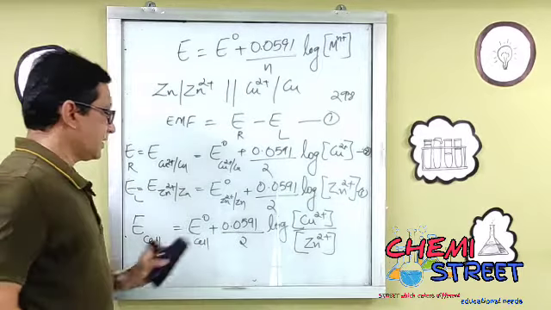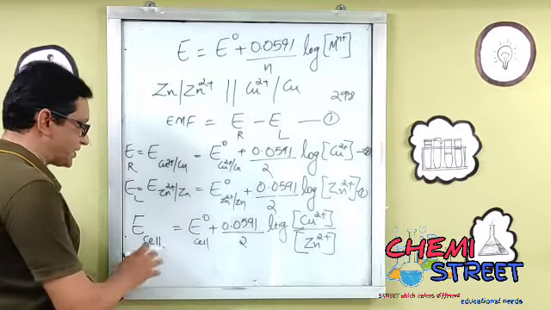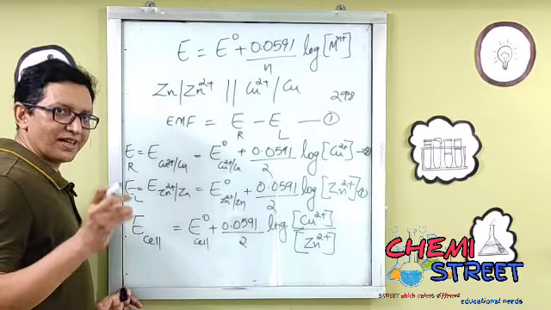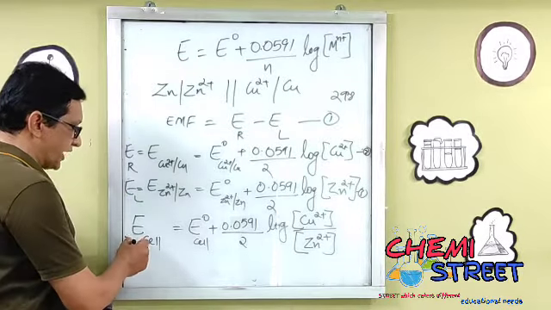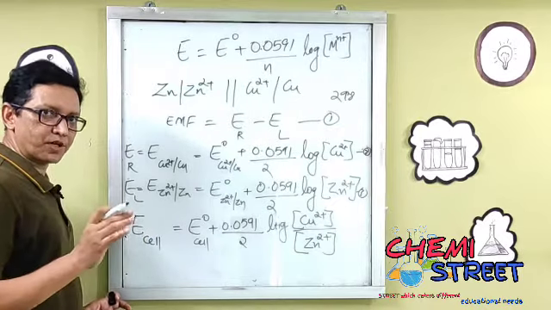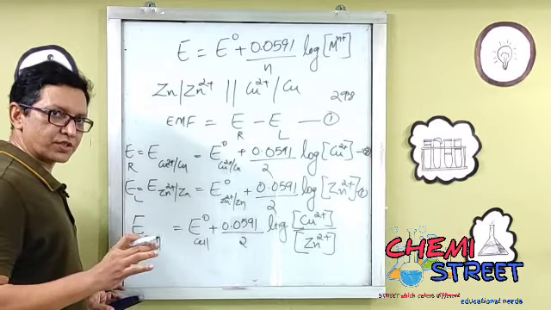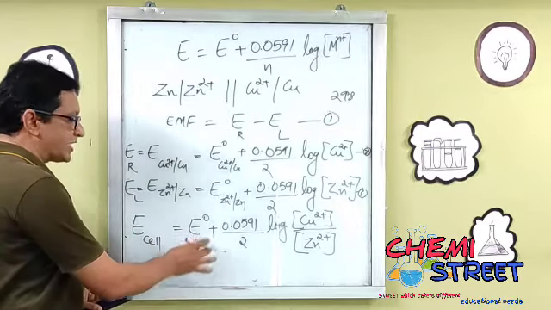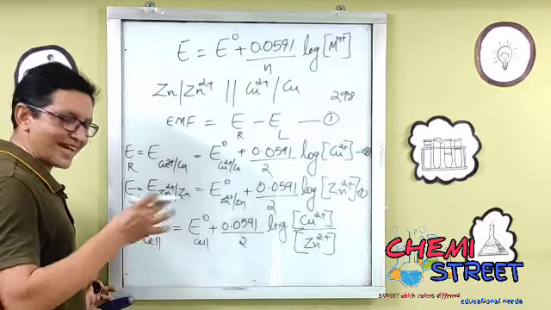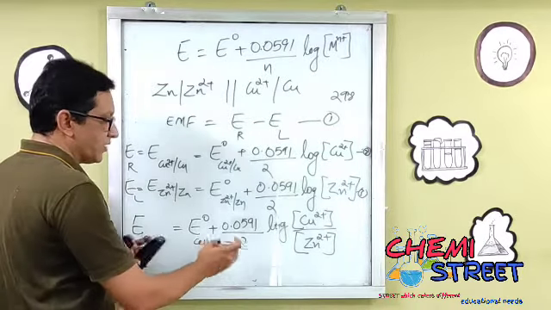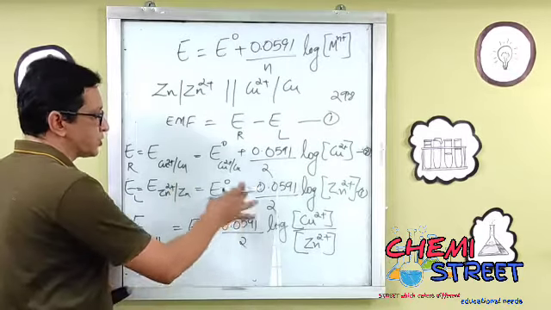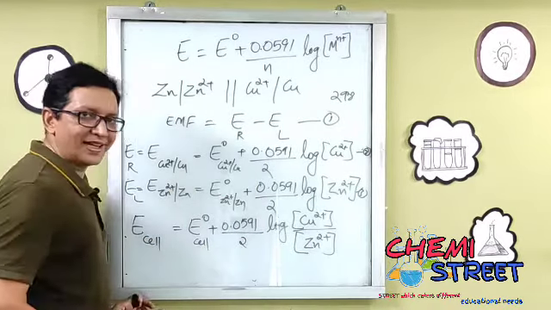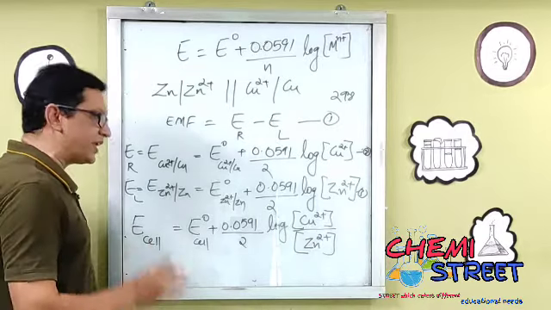So this is the representation of the Daniell cell when we are applying the Nernst equation. E cell is the electromotive force under normal condition, E0 cell is the electromotive force under standard condition, and we are substituting all these things, the temperature, Faraday and all, and finally you get an expression like this. This is very important.